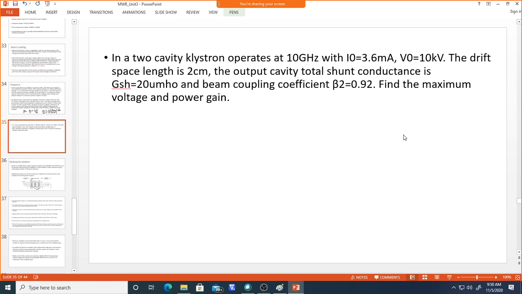So how will you calculate the maximum voltage gain? You first calculate the voltage gain AV. Okay, and then calculate the DC beam velocity, then you can calculate the transit angle. Later you will get the